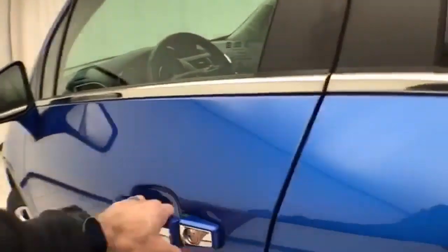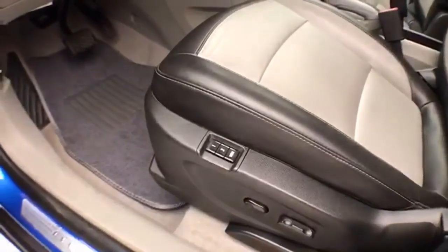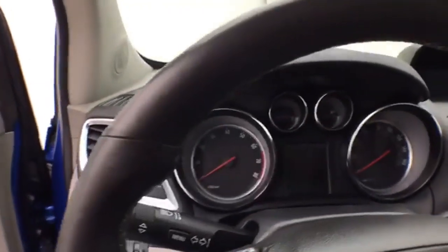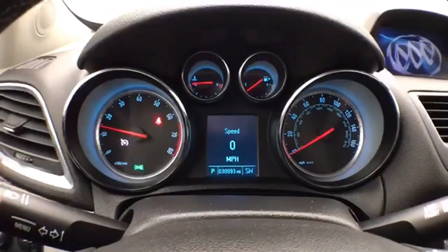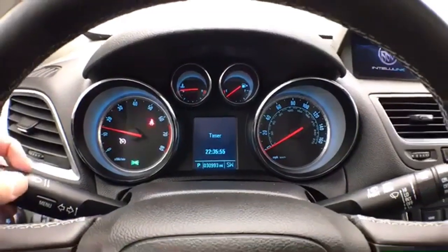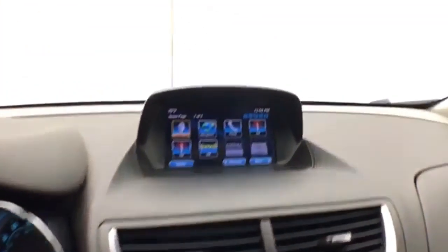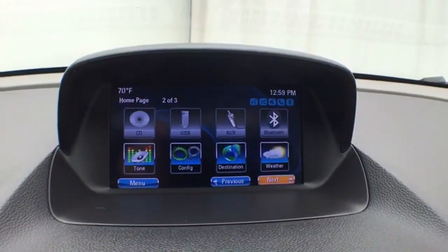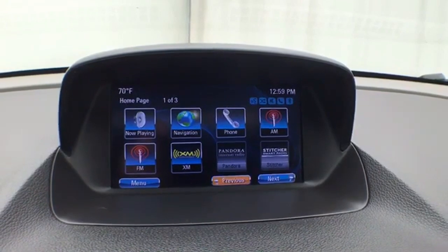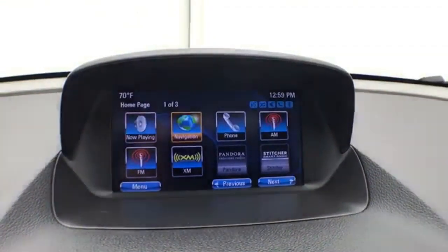This leather group has keyless entry with remote start, power windows, locks, mirrors, power driver's seat, along with memory settings for 2 drivers, power moonroof. With driver information system, cruise control, steering wheel mounted audio controls, large display for the MyLink infotainment system, for radio, it's also satellite radio capable, navigation,